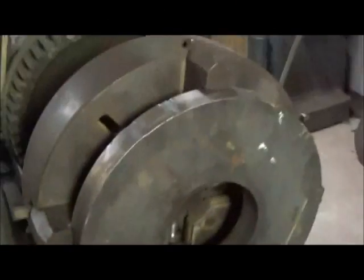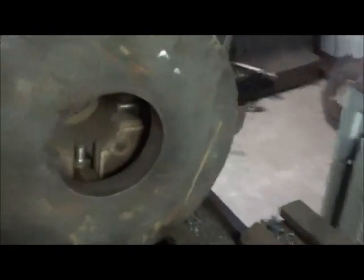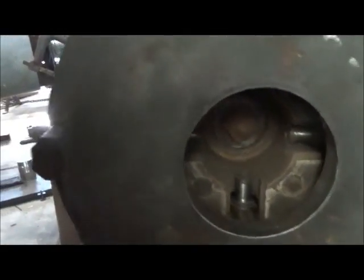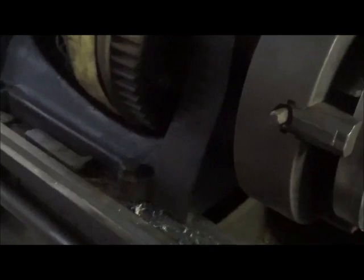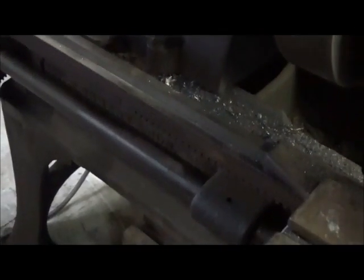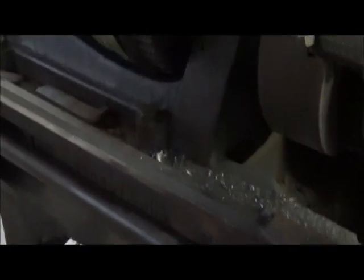Okay, we got this piece chucked up, and I just want to show you a couple things about my lathe here. If you'll notice, there's no through hole on this lathe, and one of the reasons is this lathe is just about 145 years old. It's made somewhere in the real early 1870s, and it's a Bement and Son, and you can see I'm running